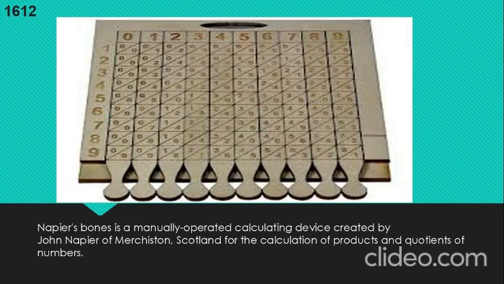In 1612, John Napier made the first printed use of the decimal point and invented logarithms and several machines for multiplication. Best known of his machines was the bones or Napier's bones. This device consisted of a set of 11 bones or rods with numbers marked on them. By placing these rods side by side, products and quotients of large numbers can be obtained very easily.